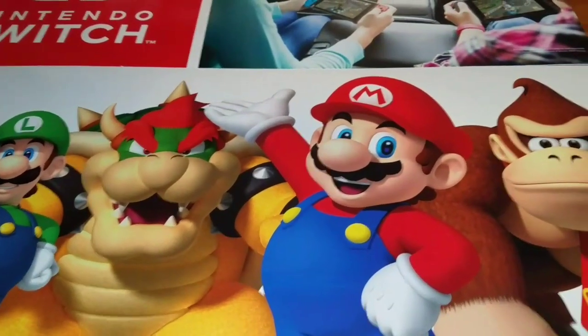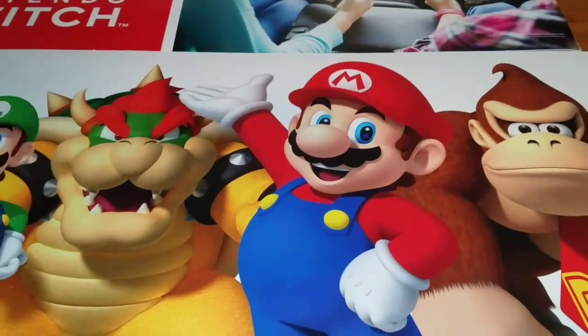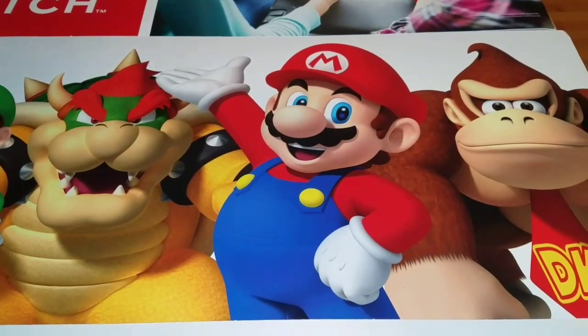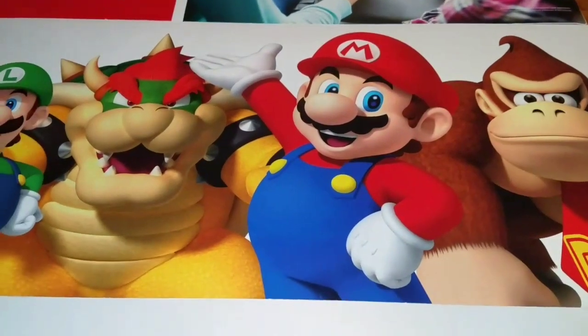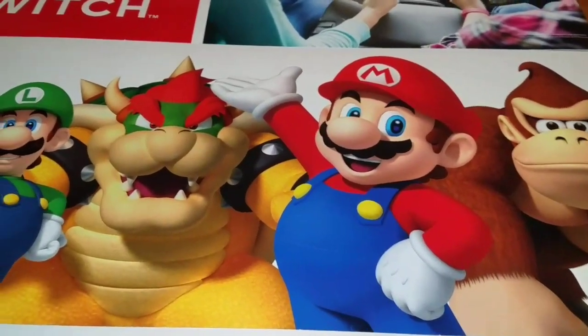Alright guys, so here are my pickups for the last week or so. It was another decent week, or another very good week. A lot of stuff was picked up. I'm going to try to fit it all into one screen, so we will see if I can get that done. I will start with the stuff that's probably the biggest, which is the